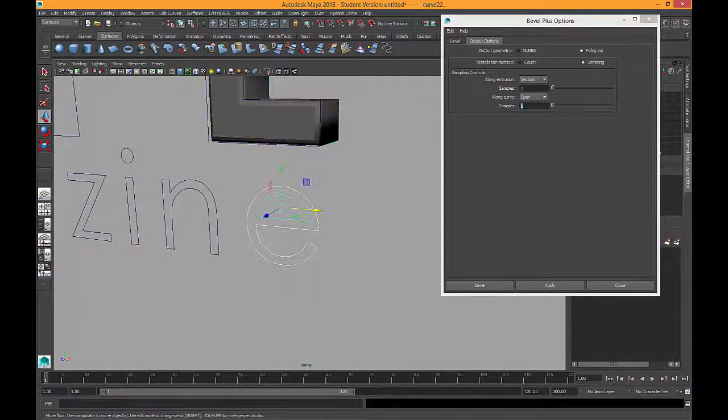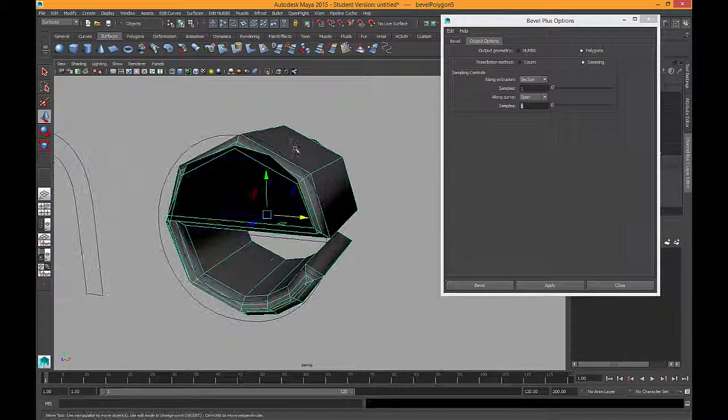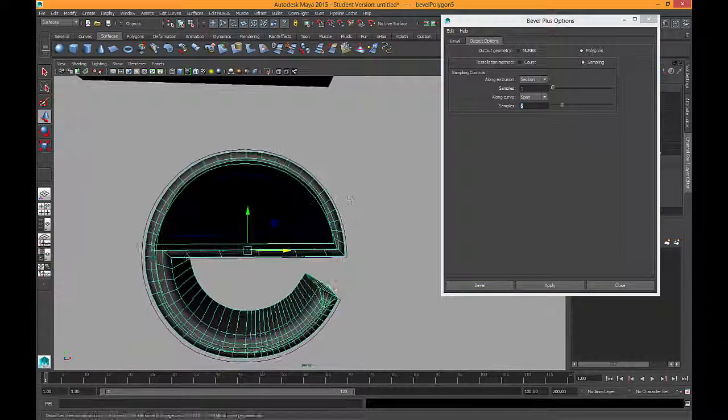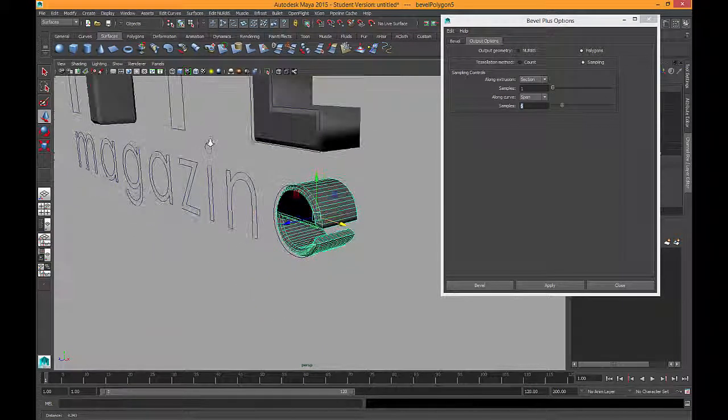So, for example, if we take this E, if I hit apply there, you can see what I get is a very, very clunky letter. All right, if I increase that to the default, which is 6, and apply that, here we go. You can see now I'm getting this overlapping occurring. And that's because the bevel is slightly too big, because these are very, very thin letters. Okay,